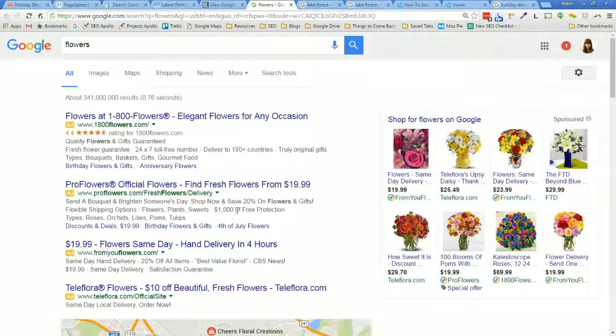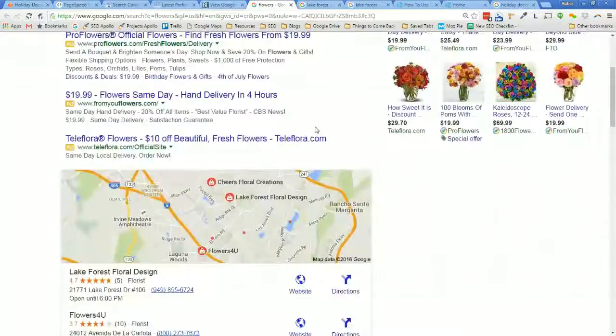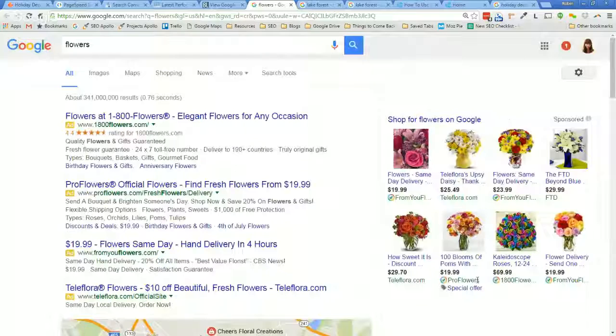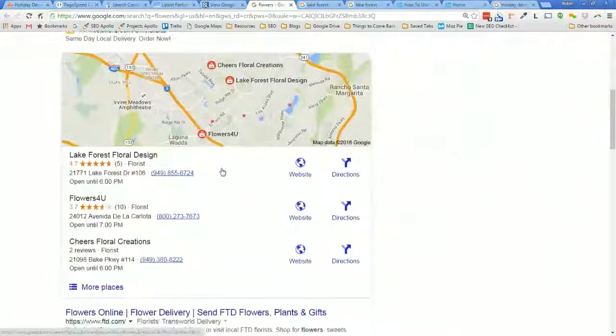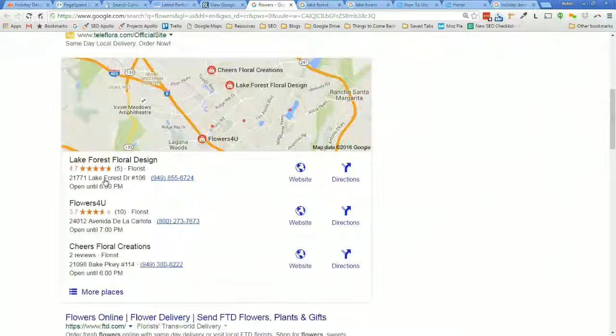I'm just searching for flowers as if I was sitting in Lake Forest today, and this is what comes up. We have the ads up here, but shop for flowers over there, which actually this is an old version of Google. They usually don't have these sponsored links on the side. But then we have the knowledge graph here, which is where you want to rank. And Lake Forest floral design is the first one? Mm-hmm. Wow, so we need to get Lake Forest